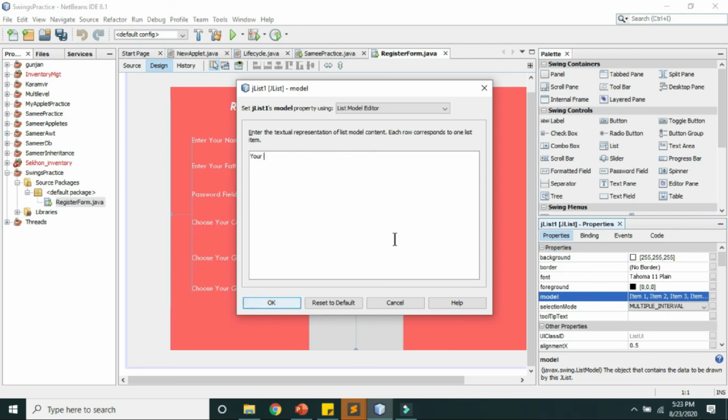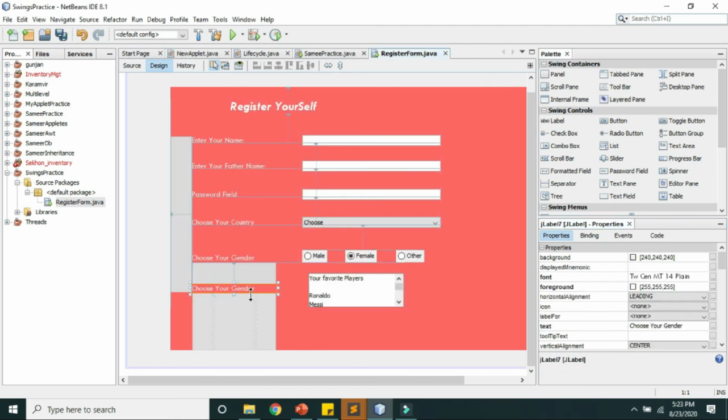Favorite, name some like Ronaldo, name more Muller, Xavier, and many more names. So one can select multiple options.